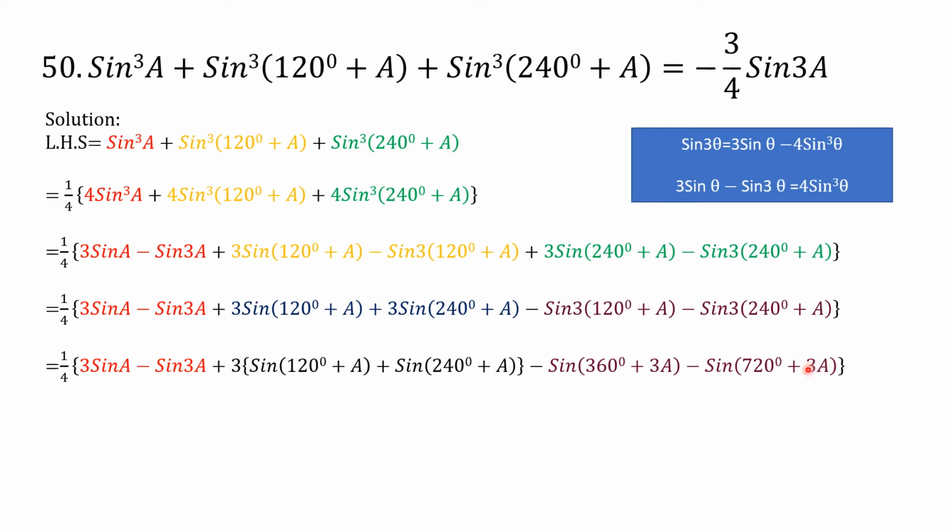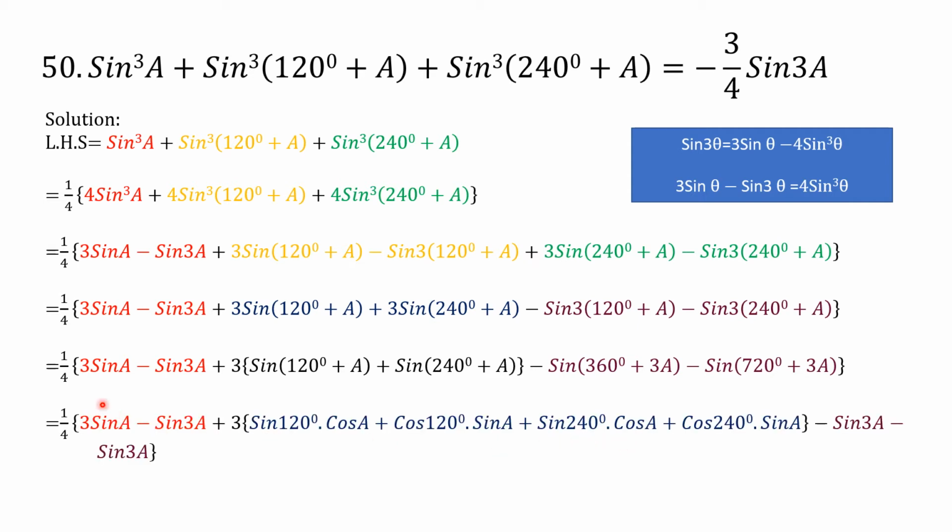And then in the next line, can you guess what can be done? Any guesses? Okay. So in the next line, the first two terms are copied as it is. Now here we have sin (120 plus a), which is in the form of sin (a plus b). The formula for sin (a plus b) is sin a into cos b plus cos a into sin b. So that formula will apply over here as well as over here to get this line. Am I clear? Please take your time to understand.